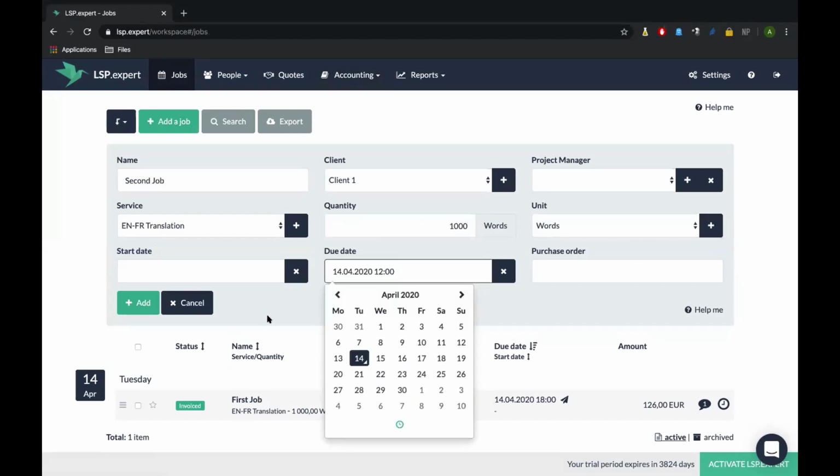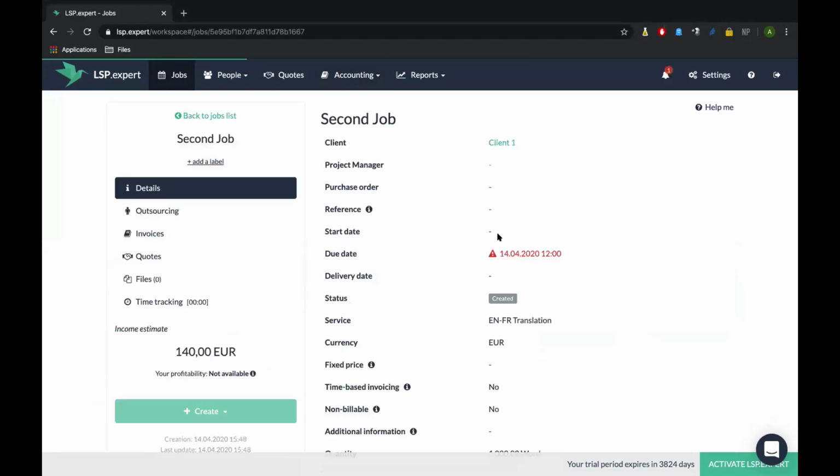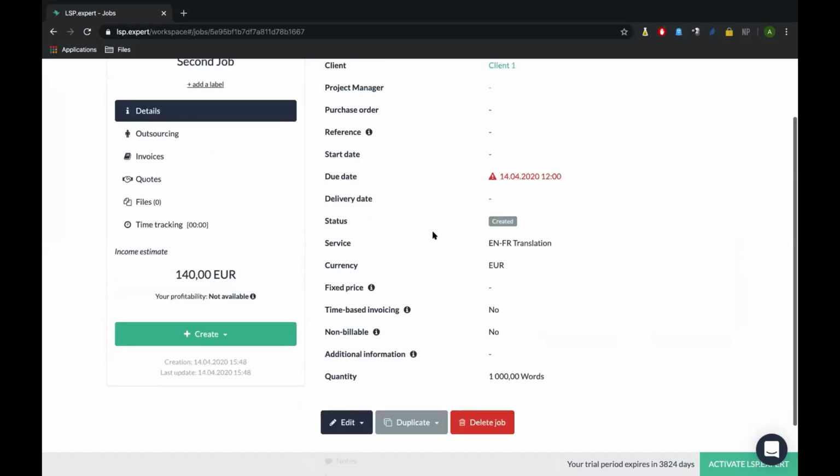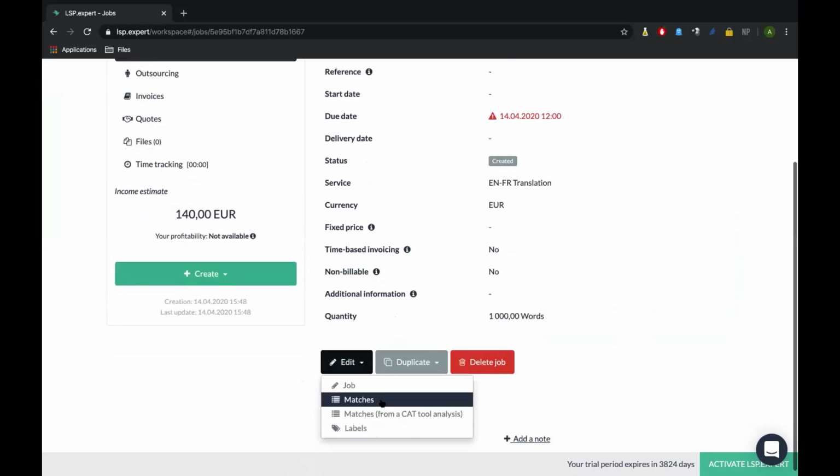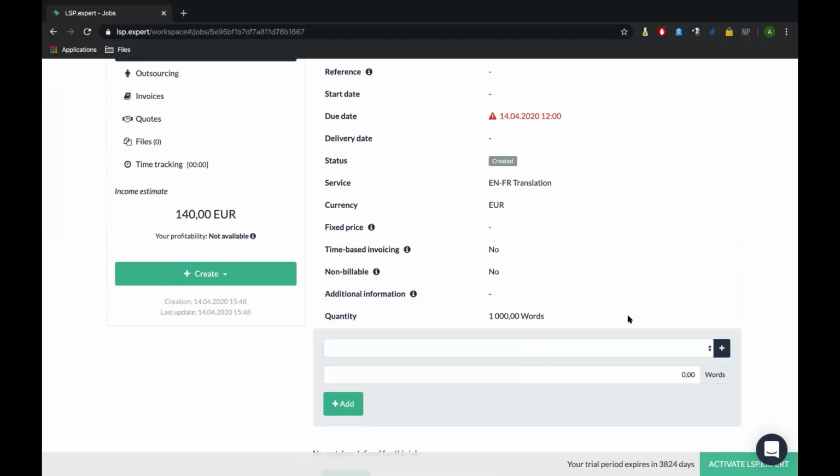But the thing is that I'm using a CAT tool. LSP.expert works with a lot of different CAT tools, most important ones, MemoQ, Trados, for example. And you can see here that I can edit the matches and also the matches automatically. I'm not going to show you how it works automatically today because it's a bit complicated, but you can really add the matches to your job.